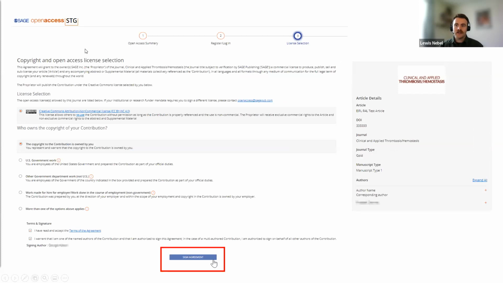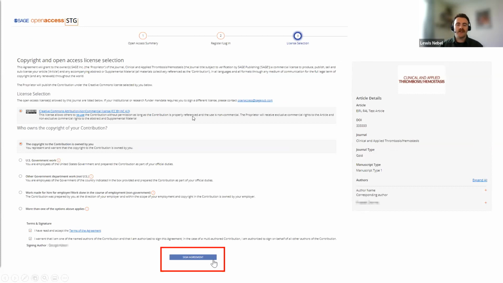And so at this stage, the licenses that are shown are dependent on the journal and funder requirements. So typically this will be either CC BY-NC or CC BY, so it's always a Creative Commons license.